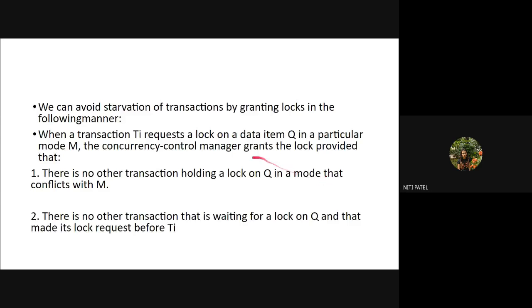Suppose T1 has requested Q in an exclusive mode. So when can I give T1 Q in an exclusive mode? If Q is not allocated to any other transaction in any mode. If it is allocated in that mode, it will result in conflict or it may result in starvation, and hence I will not allow. Which means, if I want to acquire a lock on data item Q, the concurrency manager will first check if that data item Q is free, and only then will it allocate. Are you understanding this?